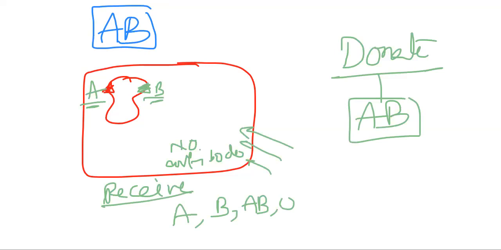And finally, let's take a look at the O blood group. On the surface of RBC, there is no A sugar polymer, no B sugar polymer. No A antigen, no B antigen. So A and B both are antigens to this particular blood group. That's why it is able to produce antibodies against A and antibodies against B. So that's the story of the O blood group.